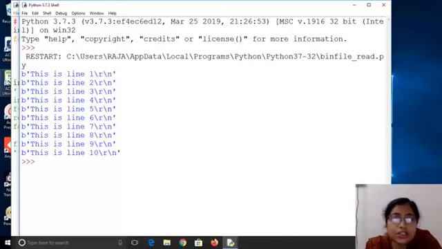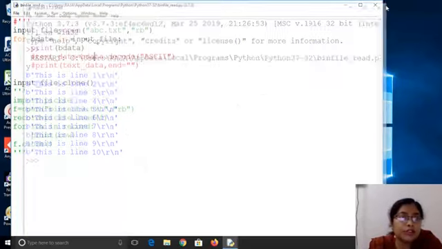All these three things, \b, \r, \n, are non-printable characters. You can see those when you open the file in binary mode. So here comes the difference.